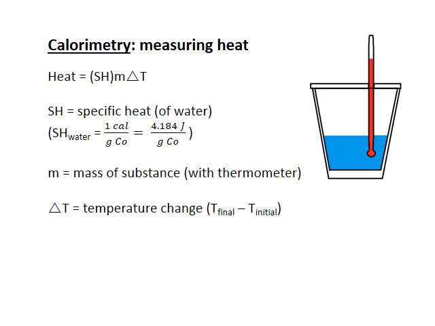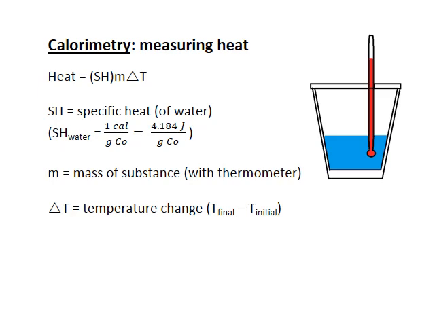I always refer to the heat equation here as the Schmidt equation. So SH, the sh sound, M and T. So the Schmidt equation. Like I said, this SH stands for specific heat. If we're dealing with water, the standard specific heat of water is 1 calorie per gram degree Celsius, or 4.18 joules per gram degree Celsius. And this basically tells us the amount of energy it takes to raise 1 gram of water by 1 degree